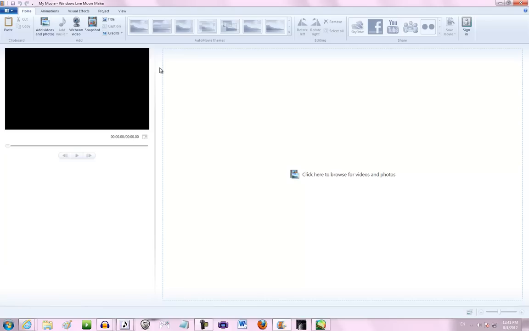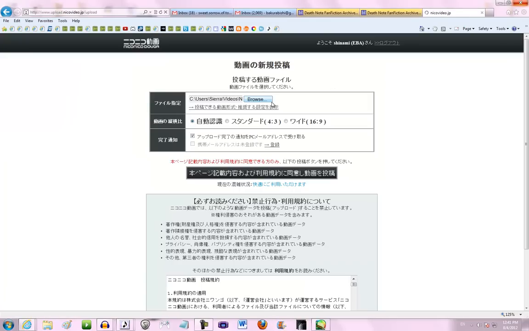But you can easily get the quality down by downloading Windows Live Movie Maker. Much better than the old Windows Movie Maker for XP. And you can easily create a setting that has certain BPS requirements. I'm not sure about sound requirements if there are any, but you can just experiment with sound. All you have to do, when you're exporting the movie in Windows Movie Maker, is make a custom setting that has a 600 BPS or whatever. It's pretty easy. Now, I'm just going to wait for this video to get done so I can show you